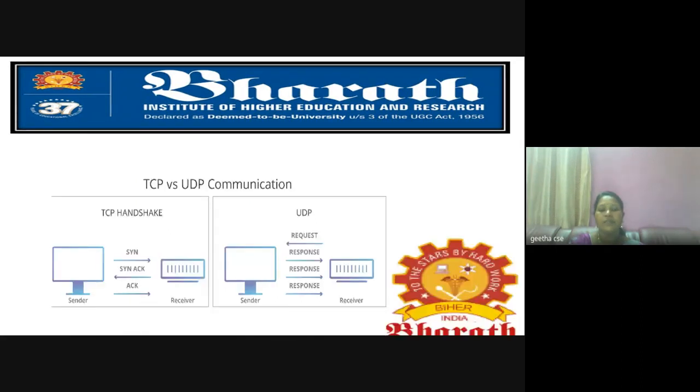Next, we will see the difference between TCP and UDP. In the simple picture, we could identify the difference between TCP and UDP. See, in TCP, we have a handshake. As I told you, we have seen in the previous slides, it has a 3-way handshake: SYN, ACK,